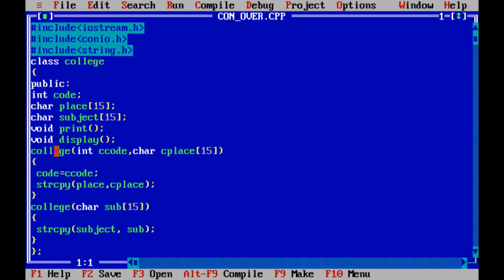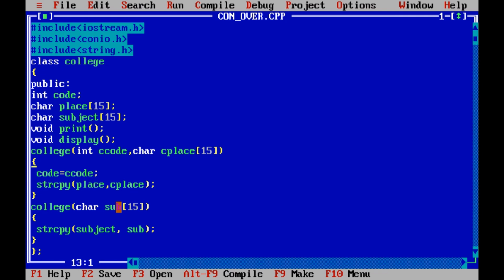So college here with 2 parameters is our constructor, and another constructor has 1 parameter. So we have more than one constructor in the program, and you can see there are 2 parameters here and 1 parameter here. There is a difference in the number of parameters, so we can identify these two differently.